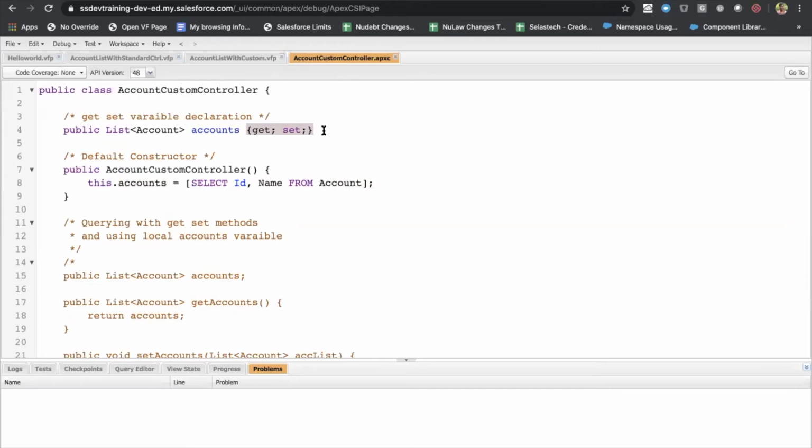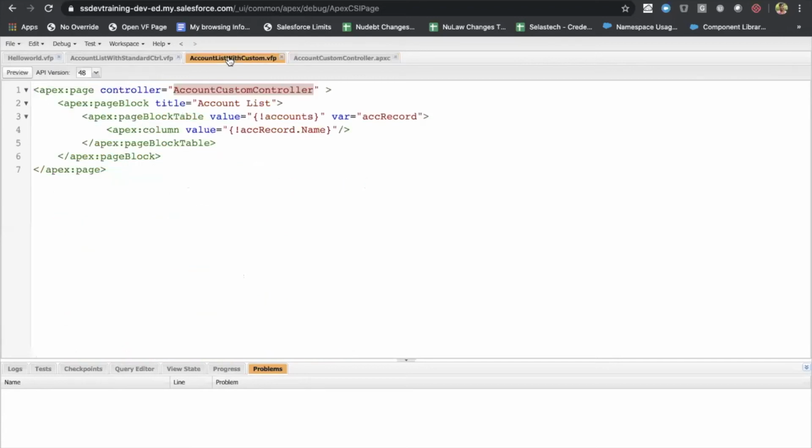What it will do is, the Visual Force page markup will get to know there is a variable which has data. So I declared a getter setter variable, and this is a constructor which we already saw in the earlier sessions. And I'm querying the list of accounts and assigning it to this getter setter variable. So in the Visual Force page, as I said earlier, I'm just iterating. Page block table is an iterator in Salesforce, which will present the data in tabular format. So I'm iterating through all my accounts and rendering them using the Apex column tag, assigning the respective name here.